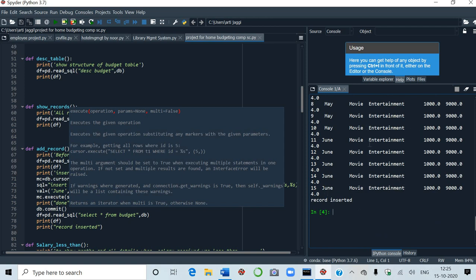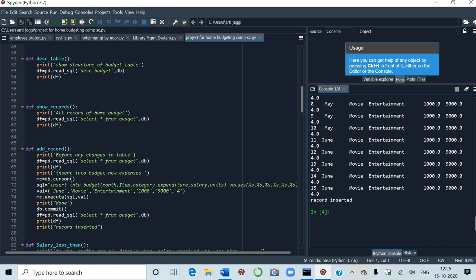I ran it 3-4 times, so it is showing all the records repeatedly. Okay, suppose I change here, instead of June, I write December. December month. Okay, instead of movie, you go for picnic. You want to change the record, you want to insert this record.